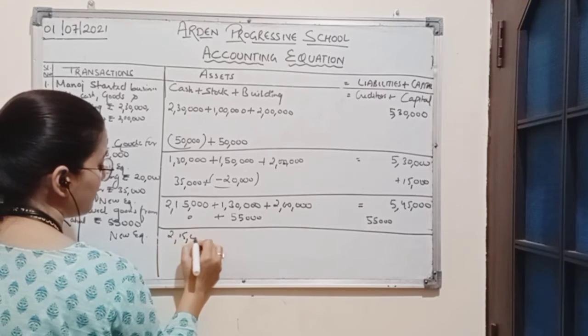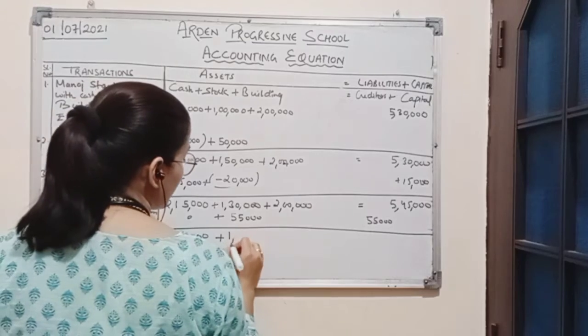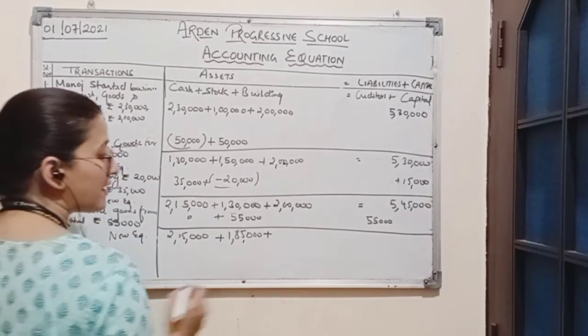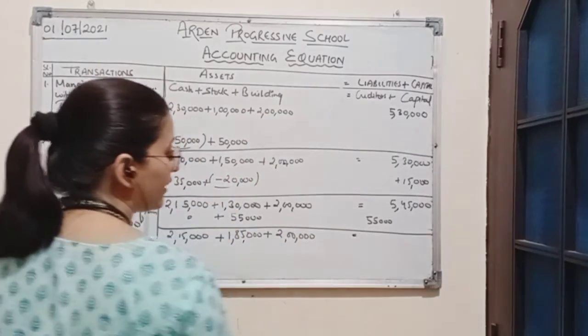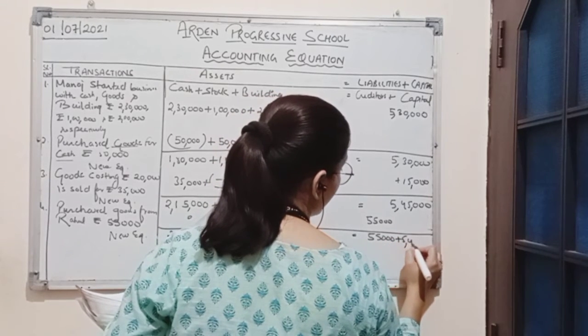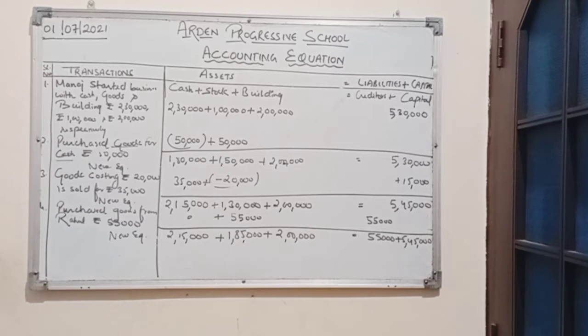Cash will be the same, 2,15,000. Goods amounting to rupees 1,85,000. Building will remain the same, 2 lakh rupees. Creditors amounting to rupees 55,000 and capital 5,45,000. Now fifth transaction is